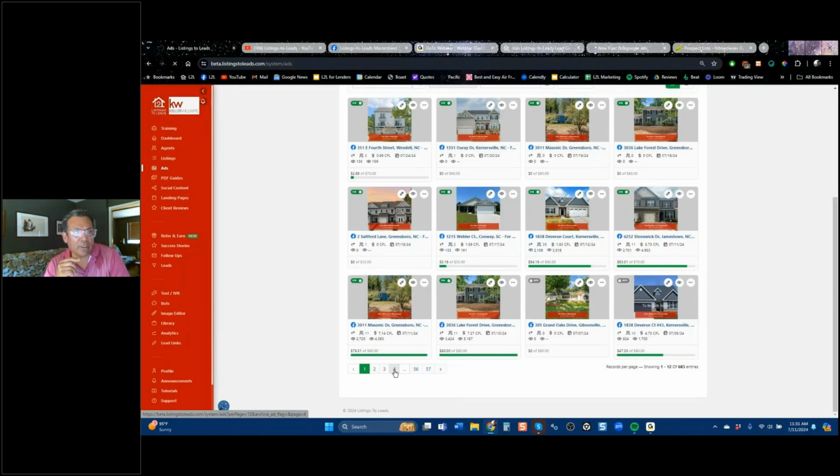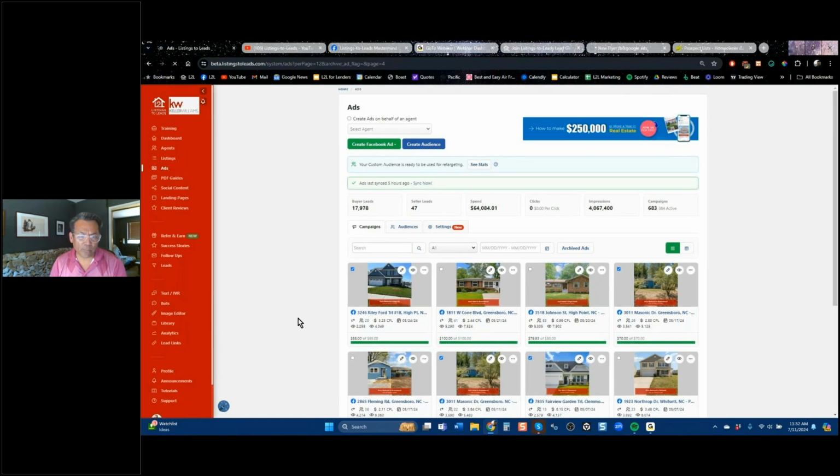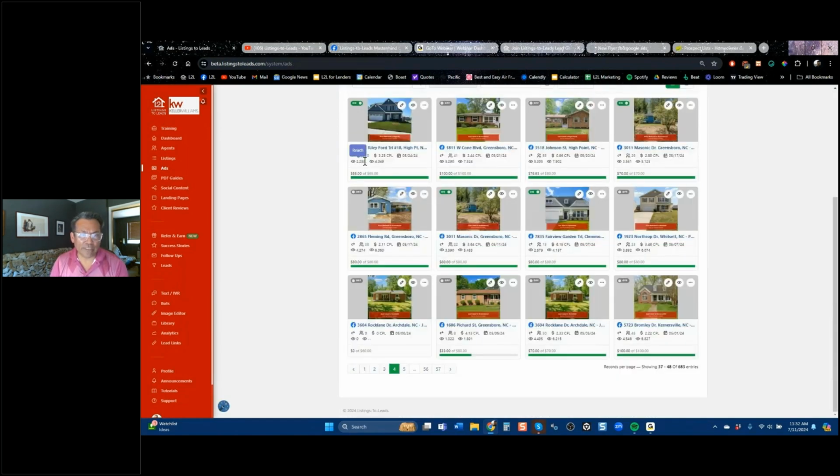I want to show you this so that you learn a little bit about cost per lead and also the reach. So when we're looking at these ads, let's look at the one over here. We just skip pages. So this property here reached 2,200 people. Now 4,000 glossed over it, but 22 actually looked at it. This ad got 20 leads, name, email, and phone number, and the cost per lead was $325. That's in High Point, North Carolina.